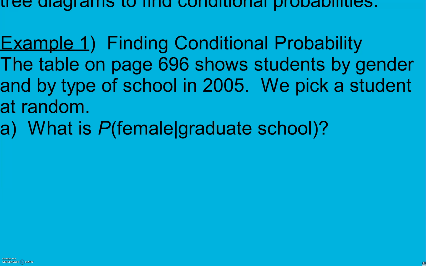We pick a student at random. What is the probability of the student being female given that the student is in grad school? So we need to look at the amount of females in grad school. So we look at the females in thousands and grad school and where they meet. And then we have to compare it to the total amount of students in grad school. So the total amount, we add them up. There's 1,349 males and 1,954 females. So when we combine those,